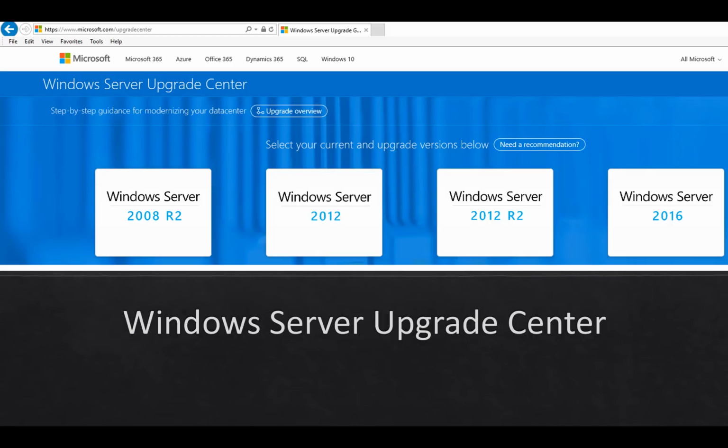But on that Windows, once you go to the upgrade page, it's an upgrade center. You see the site name, Microsoft.com/upgrade center. This is the page that you would actually get to first. 2008 R2, 2012, 2012 R2, 2016. This is your starting point. Where do you want to go to? So if I click on the 2008 R2,